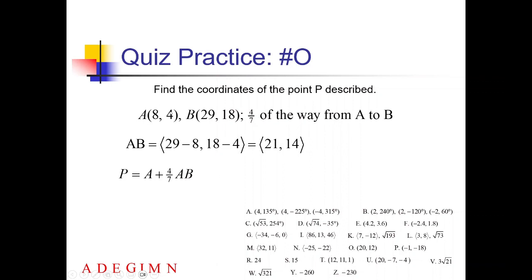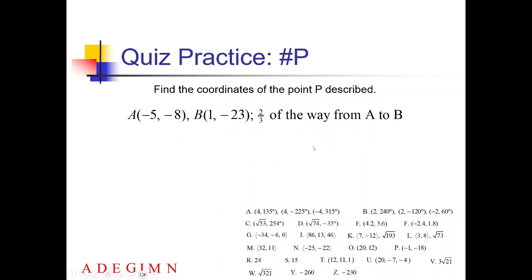So that's going to be 8, comma 4 plus 4/7 of 21, comma 14. So 8, comma 4 plus, let's see, 21 divided by 7 is 3, times 4 is 12. And then 14 divided by 7 is 2, times 4 is 8. 8 plus this 12 here is going to give me 20, comma 4 plus 8 is going to give me 12. So that's my new point that's 4/7 of the way between these points. And that, it looks like, is going to match what I have in O, so I get to move on